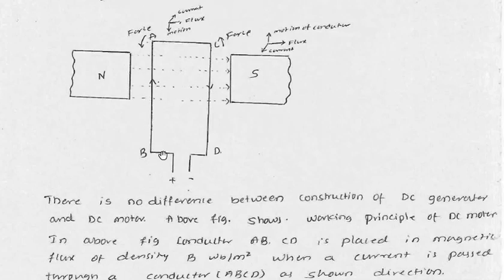Now whenever a current carrying coil is placed in a magnetic field, each of these conductors will experience a force, and we know the magnitude of that force. It is given by F equals BIL, and it is represented in Newtons. Now we know the magnitude, but what would be the direction of that particular force? The direction of the force is found using Fleming's left hand rule. Fleming's right hand rule is for the generator. Fleming's left hand rule is for the motor.